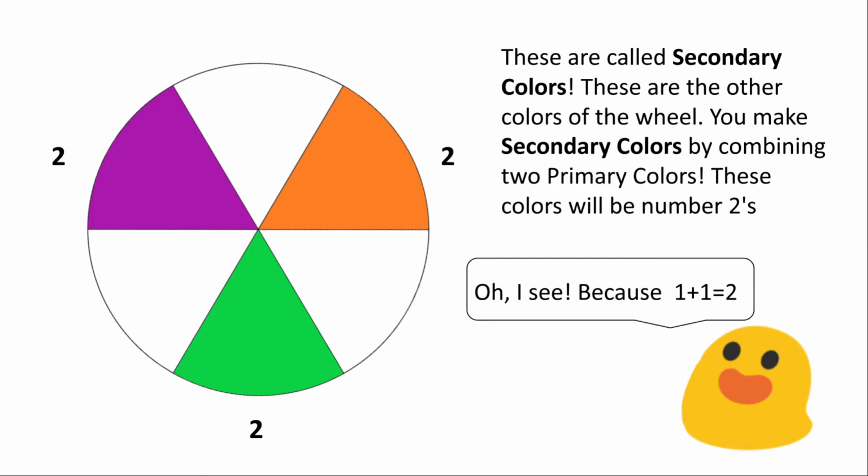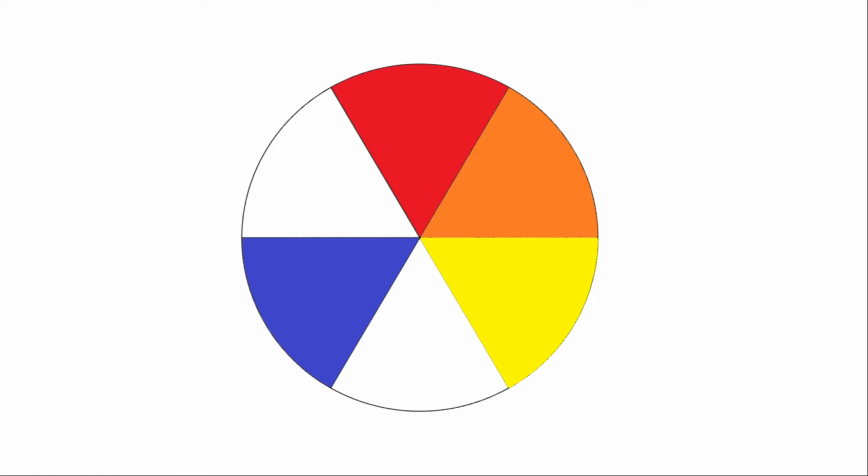Okay, so you remember our color wheel? We colored in the red, yellow, and blue. I want you to grab your orange color, and we're going to go back to the top of the color wheel. We're going to go one slice to the right, and we're going to color the orange in between the red and the yellow. I'll give y'all a second. Okay,